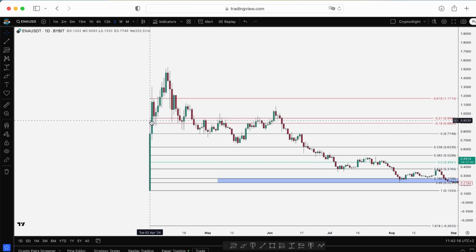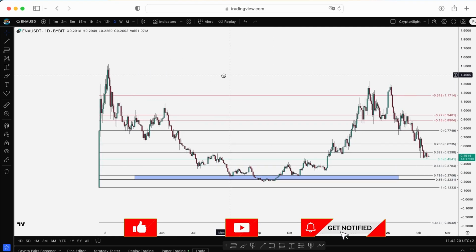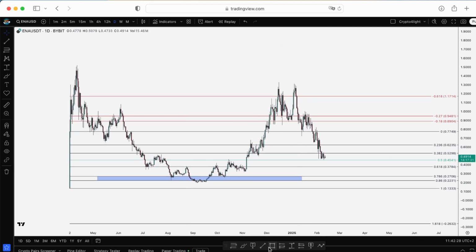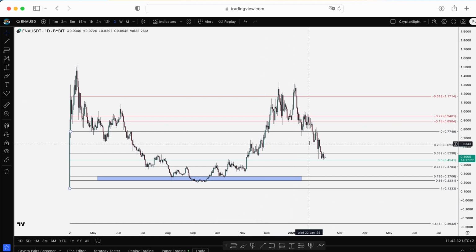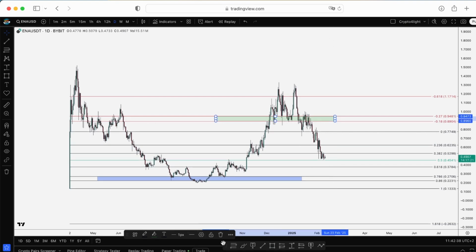Around here after listing, we worked with that model. Here I posted the video and we landed even a little bit under the best zone to buy. So this is the best zone to buy. This is the okay zone to buy. Now, after we pumped to the zone of profit fixation, I remind you, if you skipped the educational video, this is the zone where you need to fix a profit.